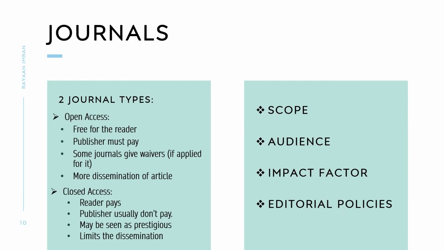If, for example, I talk about a journal called The Lancet, it's a broad, usually closed access journal, and it has some subcategories. For example, The Lancet Oncology, The Lancet Orthopedics or Neurology. These are subspecialties, and as a medical student you already know there are subspecializations in the field of medicine. Some journals will only accept articles on neurology. Lancet Neurology will only accept articles that talk about neurology. So that's a scope. Then we talk about the audience.